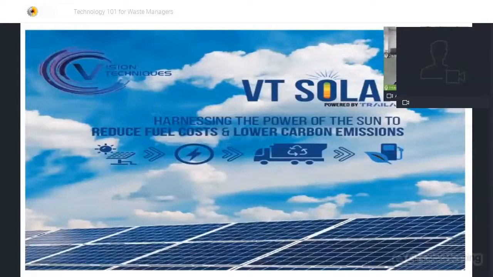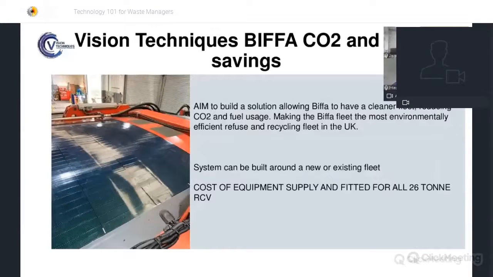Thanks. So VT Solar is initially exactly as it says. It's a solar panel which fits onto the top of, initially, a refuse vehicle. What it does and how it works: as we all know, the majority of refuse vehicles and HGV vehicles have